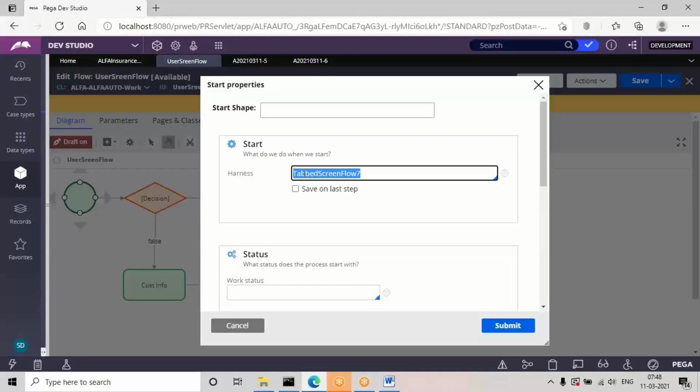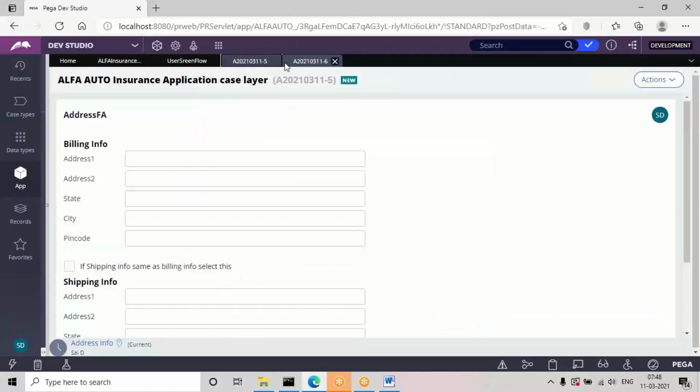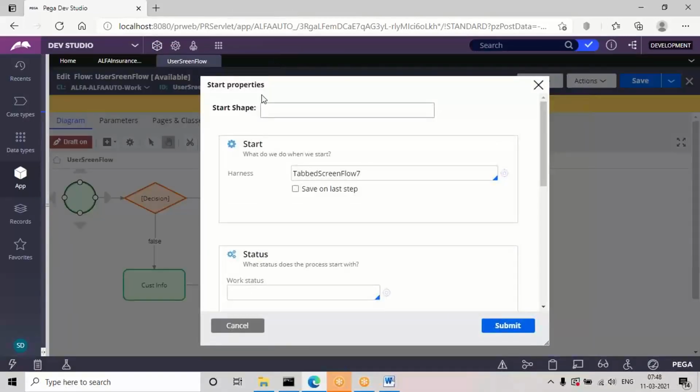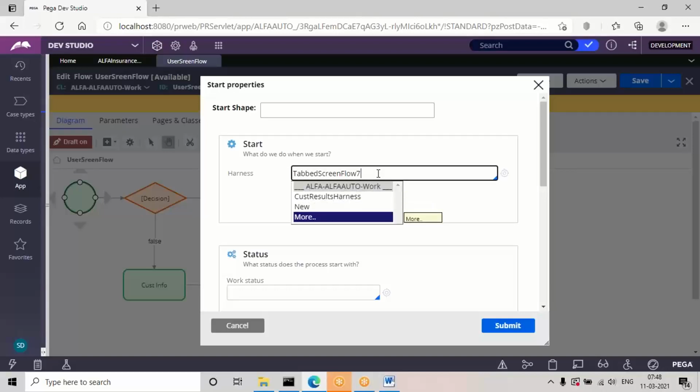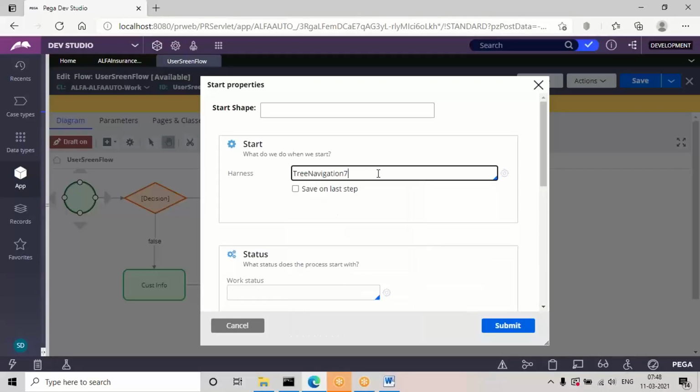See, by default, if you look at the default template when you execute the design, we are getting a tabbed format. Earlier we have seen that we used to get a tabbed format. Like that, if you want to create your own templates or any other user-defined templates, predefined templates will also be there, like tree navigation. So if you need any other template, we can choose it in this harness option.